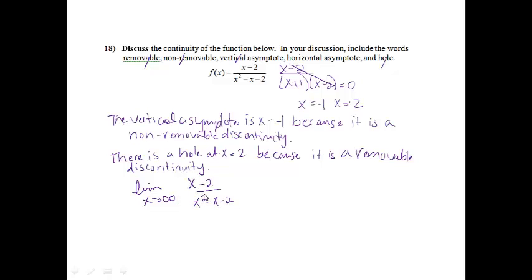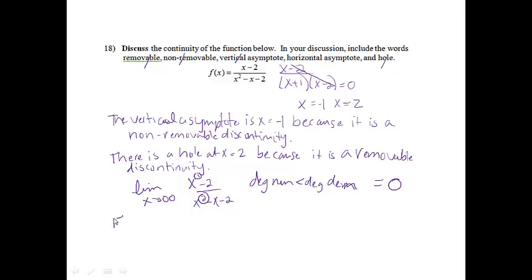And remember, when we're finding the limit as x approaches infinity, I'm comparing the degrees in the problem. The degree of this one would be 1, and the degree of this one is 2. So I notice that the degree in the numerator is less than the degree in the denominator, and when that happens, my limit will equal 0. So the limit on this answer is 0,